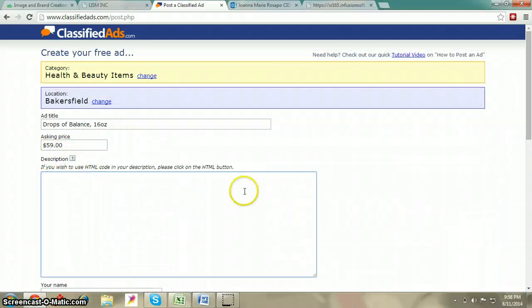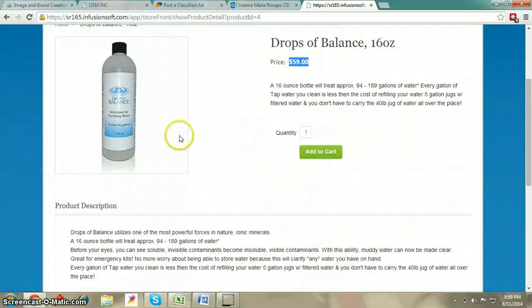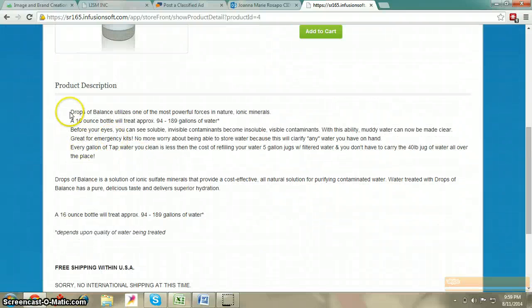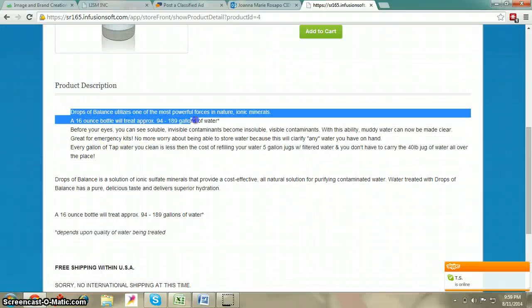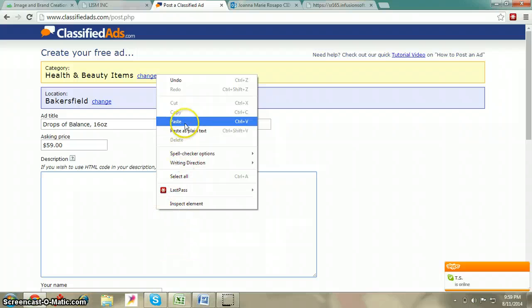For the description, it's your choice if you want to make your own descriptions to make it more interesting and appealing to others. But for now, we can just copy and paste the product descriptions which are located on our main site. So let's copy and paste the full description, then paste it.